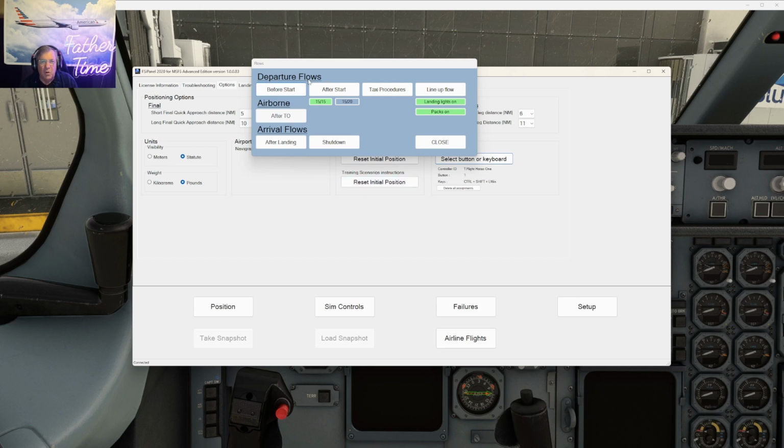And this is what you'll get. Anytime you click that, you'll get any checklist. So before start, flow, after start, taxi, and the co-pilot does it all for you. You got to double check it because it's not perfect. After takeoff, airborne, there's no climb, cruise, descent checklist, but the other ones where you're task saturated are available. Lineup flow, you can say I want landing lights off, packs off when you line up,